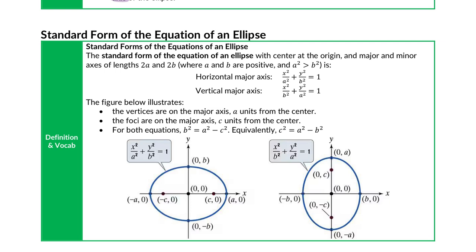You have two options. We have to keep them separated in our brain. If you have a horizontal major axis, which means that your ellipse is long, then your formula that you're using is x squared over a squared plus y squared over b squared equal to 1. If your ellipse has a vertical major axis, which means it's taller than it is wide,